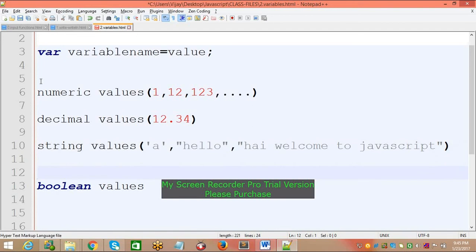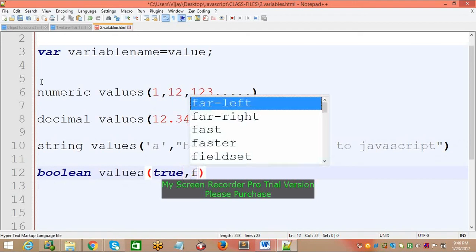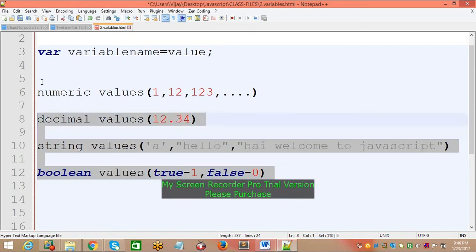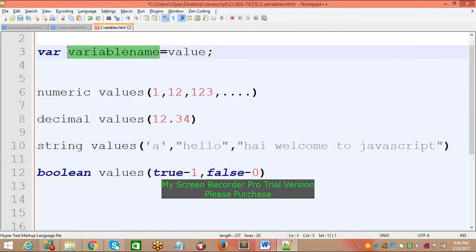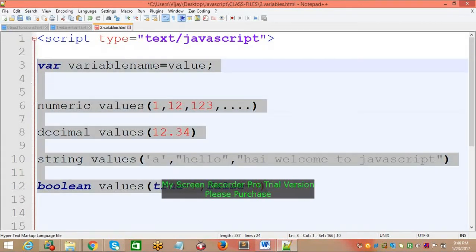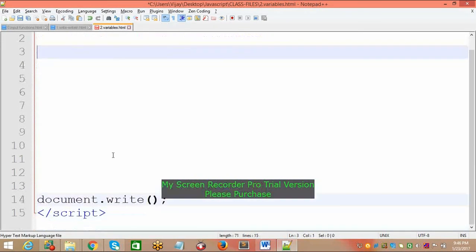Boolean values are predefined values, called true and false, that means 0 and 1 according to JavaScript. These types of values we assign to a variable if we want to use those values anywhere. Let me come to one example, to make the practice easy to understand.